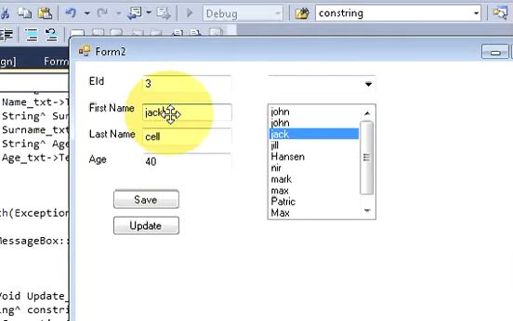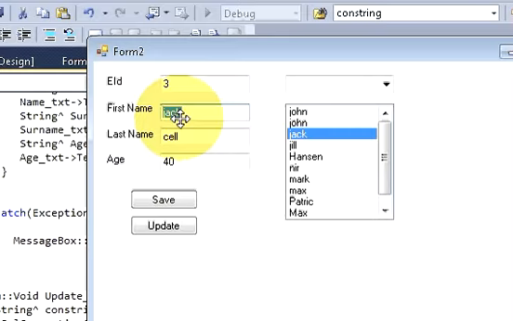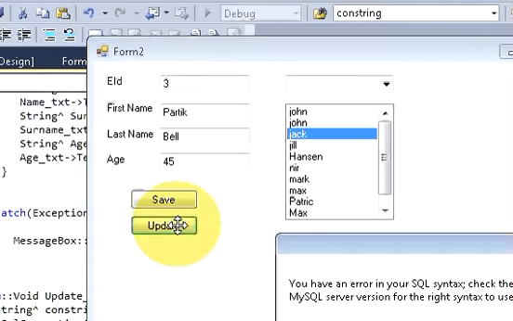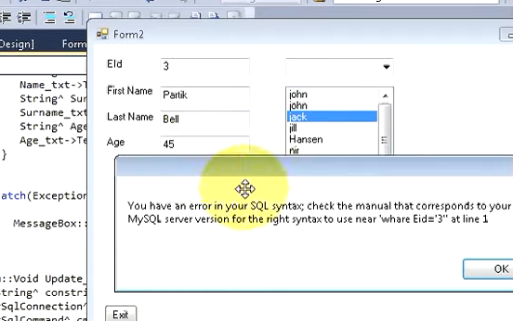So I want to name him as Patrick, and I will edit this name as Bell, and his age is 45 now. Okay,